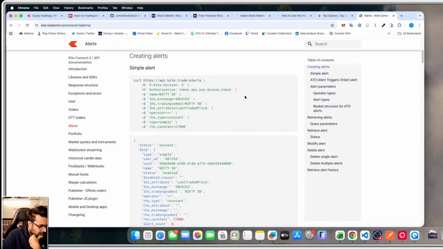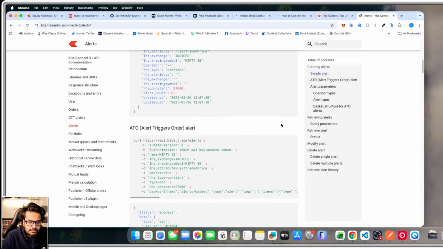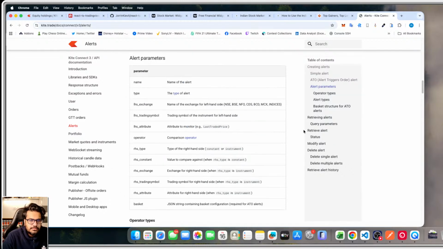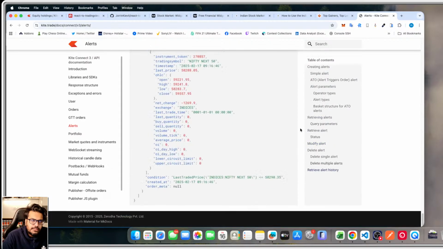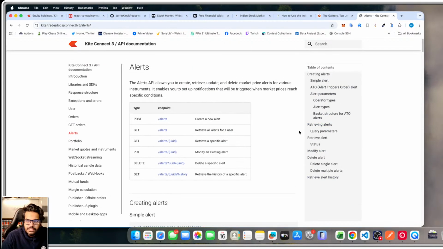Name is this. Okay. ATO alerts triggers auto alert. This is kind of, I would say this is kind of